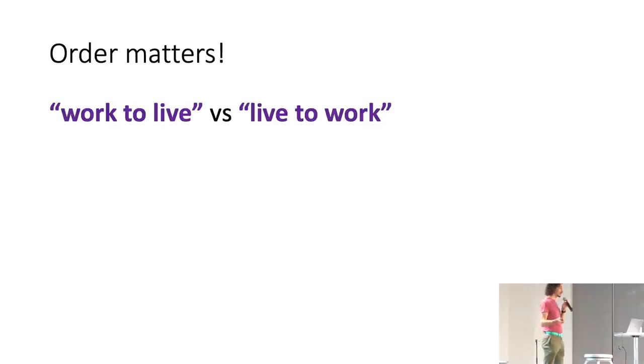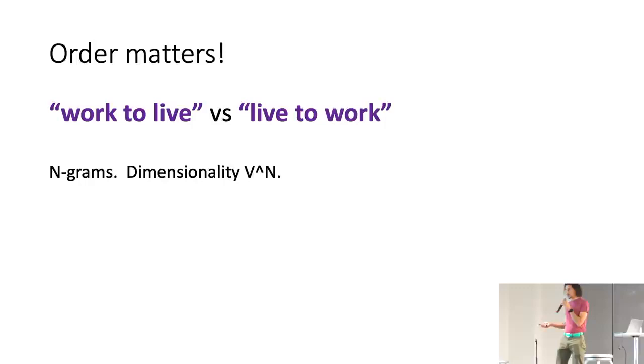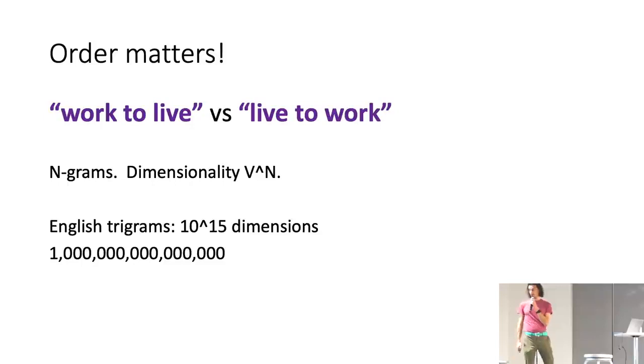Key limitation is that when you're looking at an actual document, order matters. Right? These two documents mean completely different things. Right? But a bag of words model will score them identically every single time because they have the exact same vectors for what words are present. So the solution to that in this context is n-grams. You can have bigrams, which are every pair of possible words, or trigrams, which are every combination of 3 words, which would easily distinguish between those two. But now you're up to, what is that, a quadrillion dimensional vector. And you can do it, but you start running into all sorts of problems when you walk down that path.